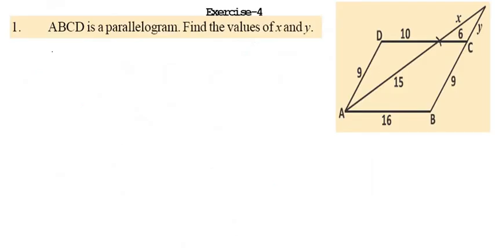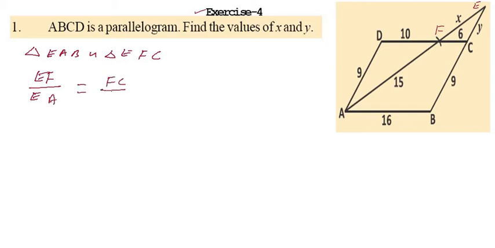Now come to the next question. Exercise 4. ABCD is a parallelogram. Find the value of X and Y in this. So you can see how we can find the distance. In this figure, triangle EAB is similar to triangle EFC. Now applying the similarity property, EF upon EA will be equal to FC upon AB and will be equal to EC